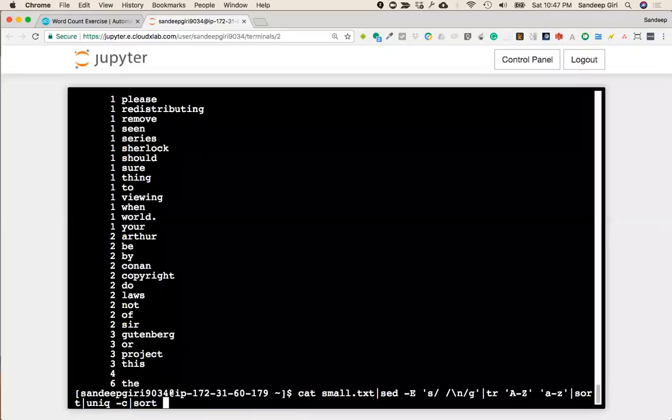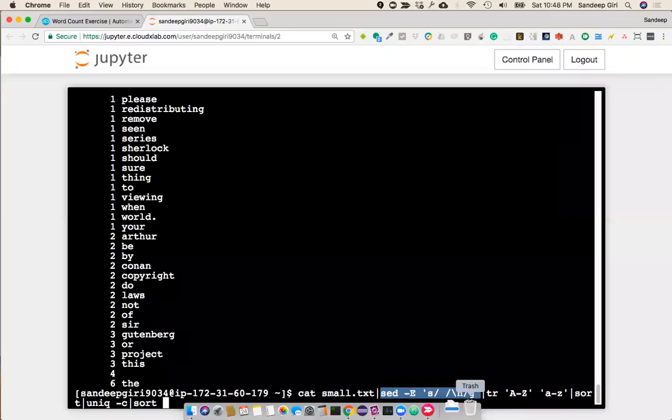Good. Is this chain of command clear to you? Using this chain of commands, the pipes, we are able to do the word count. Those who are new, is this clear? So first one is just reading the data from this file and printing it up on the output stream. From the output stream, since we have put the pipe, instead of the output stream coming to us, it goes